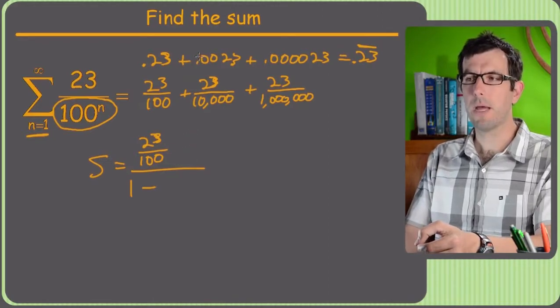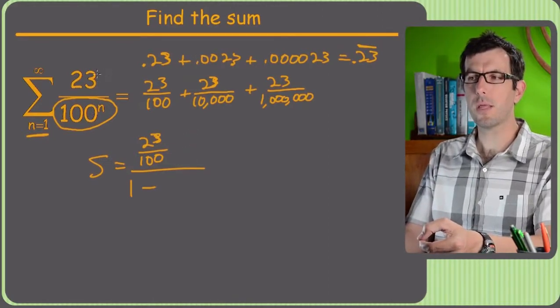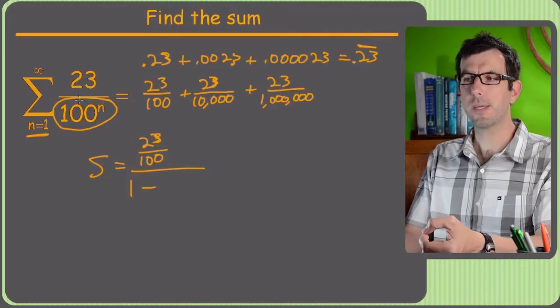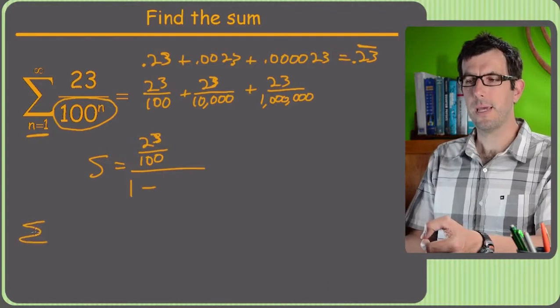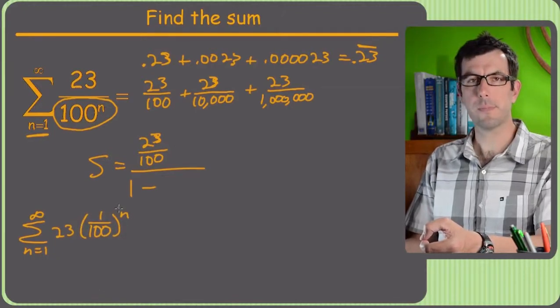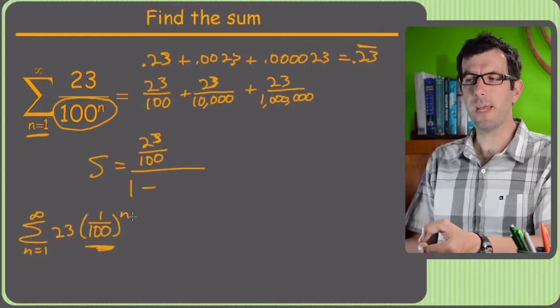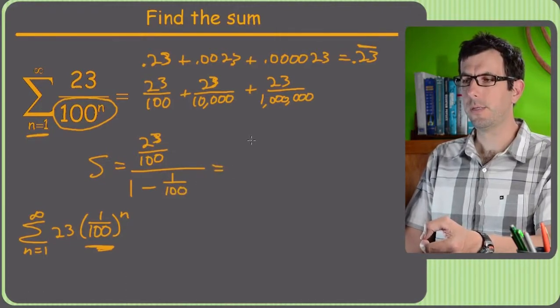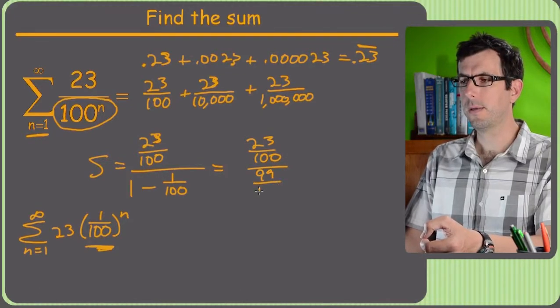So what is my r? My r is not 23 hundredths because the 23 does not have a power of n, right? So the 23 is not getting raised to a power each time. The only thing that's getting raised to a power is the 100 to the n. So we could rewrite this as the sum from n equals 1 to infinity of 23 times 1 over 100 to the n. So it's really the thing that's being raised to the power of n, that's your r. So r is actually 1/100th. So you get 23 over 100 over 99 100ths. Hundreds cancel, and you get 23